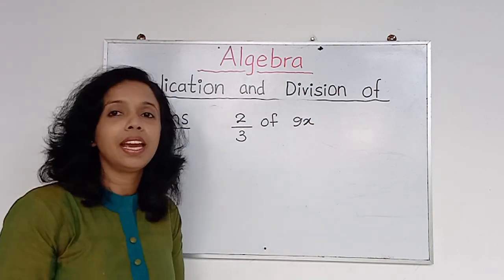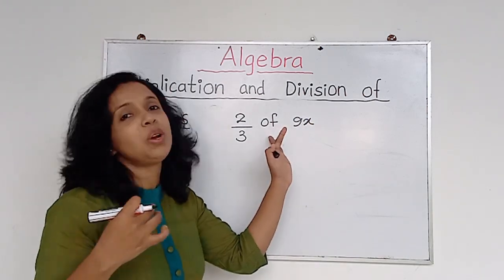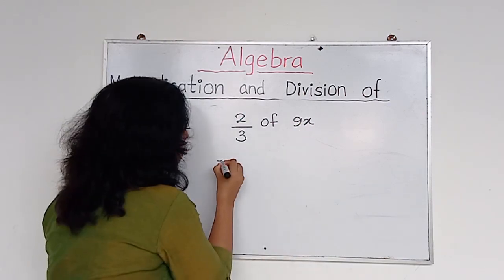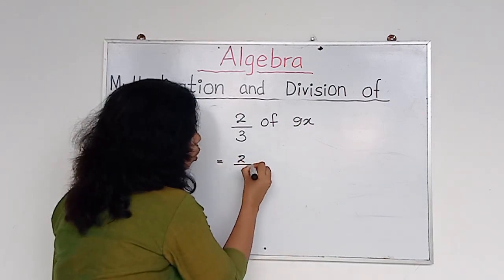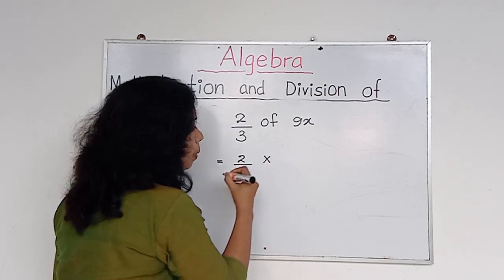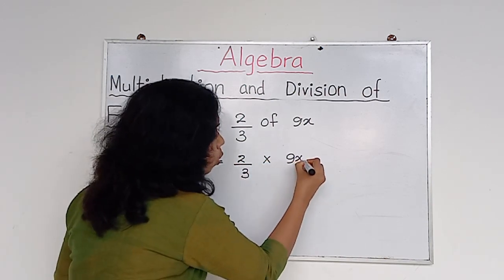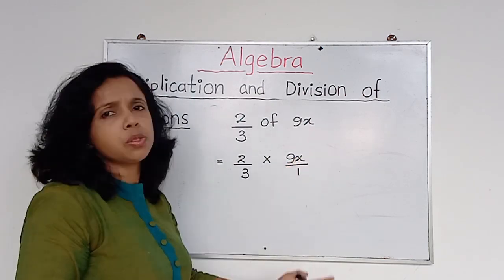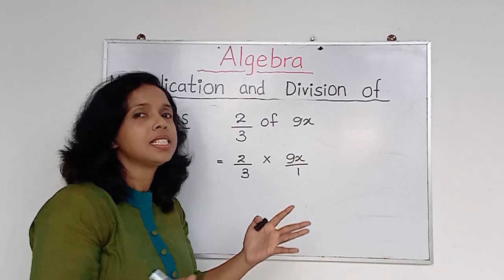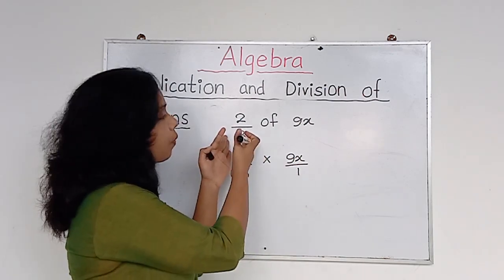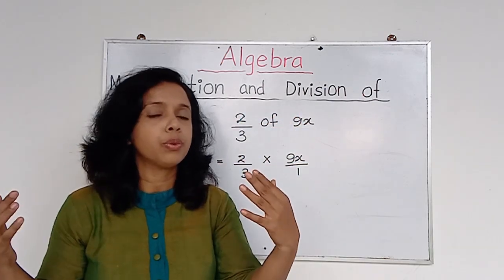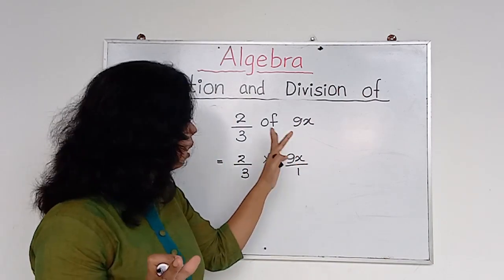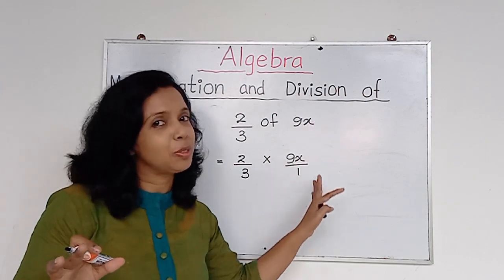Okay, now tell me again. They have not given it. Now you know when you have "of", what you are going to do, you want to multiply. So the next step, I write 2 over 3 multiplied by 9x over 1. So am I correct? Instead of 9x, I wrote it as 9x over 1 because I want to have two fractions. Otherwise here it is a fraction, here it is a whole number. You may be confused. What should I do? No, you don't need to worry. Now I converted this 9x into a fraction.